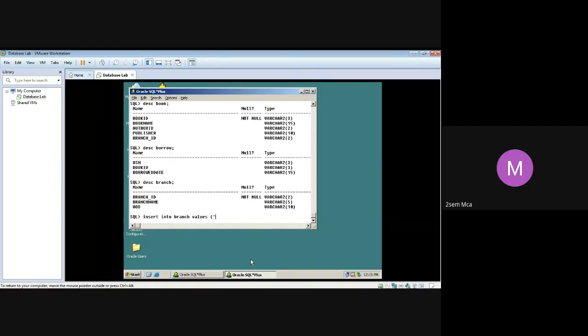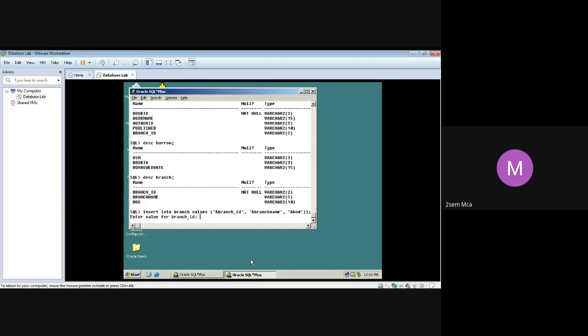Since these are all varchar, I have to enclose them within single quotes. Branch ID, then branch name, and then HOD.